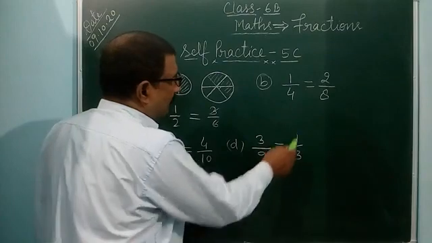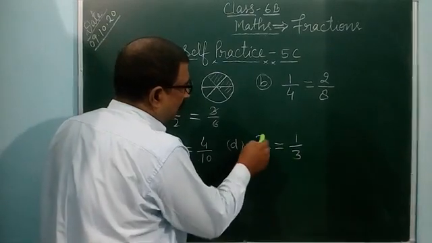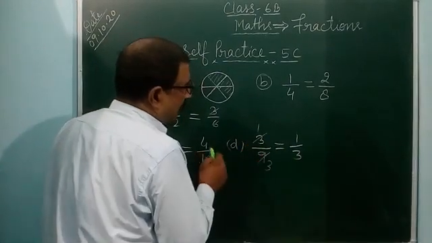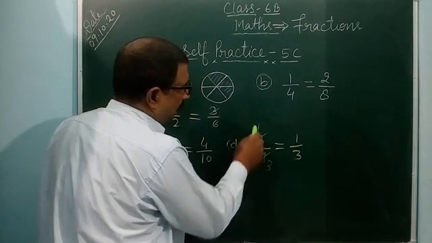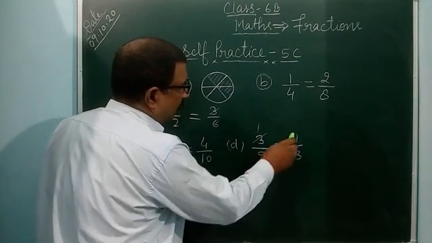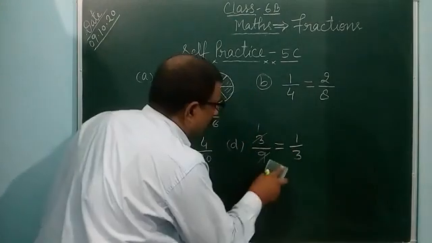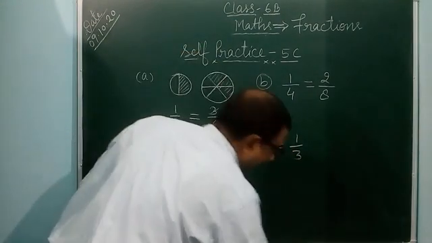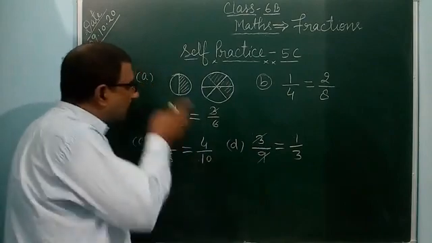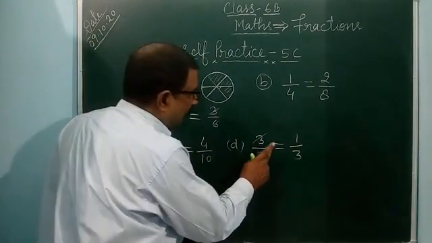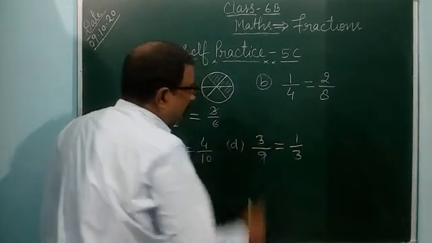You can understand 1 by 3. 3 1 are 3, 6 3 are 9. So 1 by 3 this also, 1 by 3 this also. So you can say 1 by 3 is equal to 3 by 9. Both are equivalent. So both are equivalent means 3 by 9 is equal to 1 by 3. So you can write the fraction.